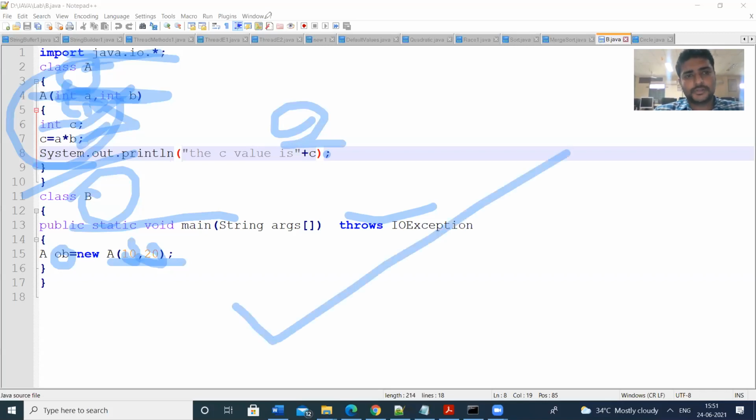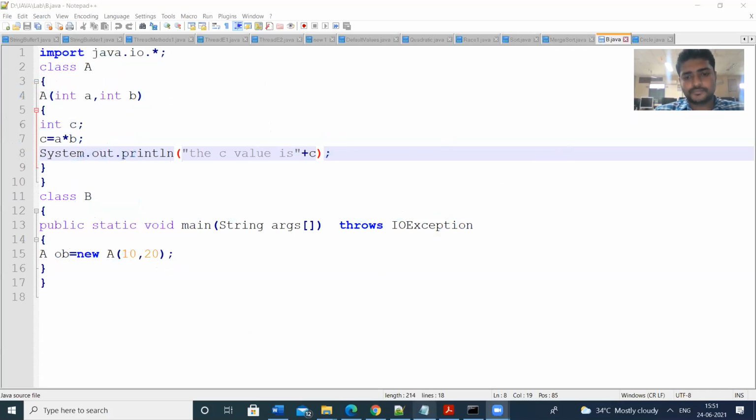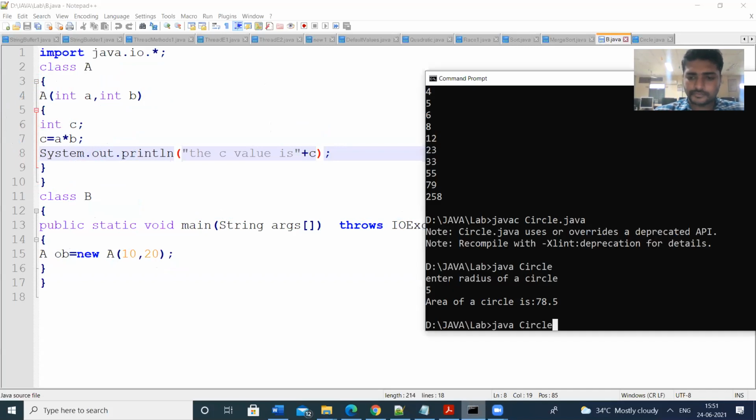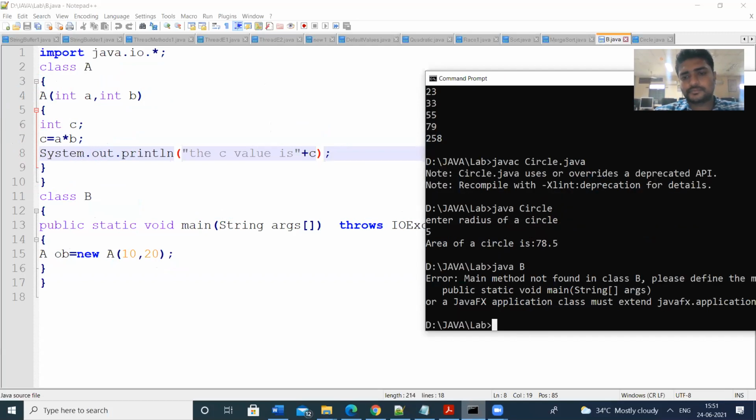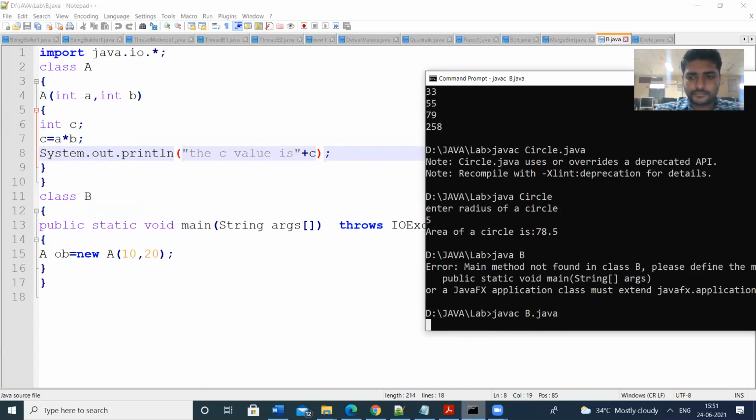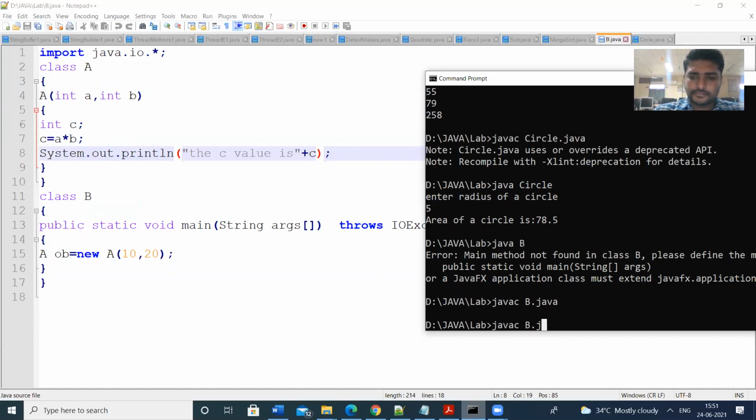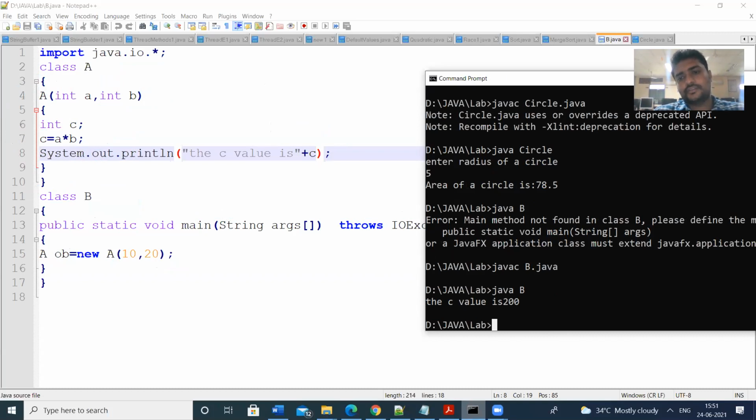So let us see the output. So the C value is 200. So this is how you can use the constructors.